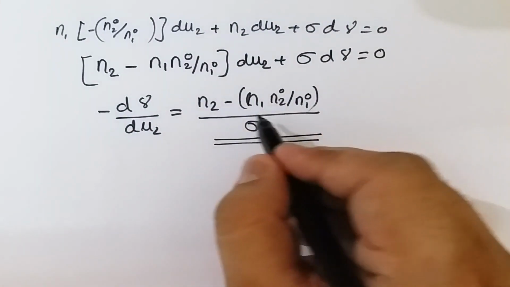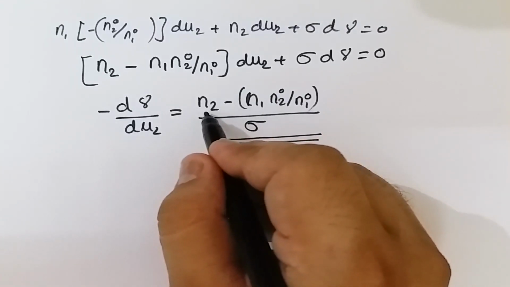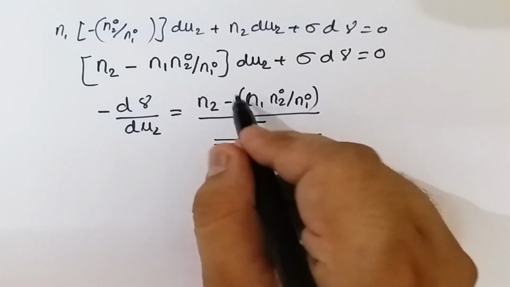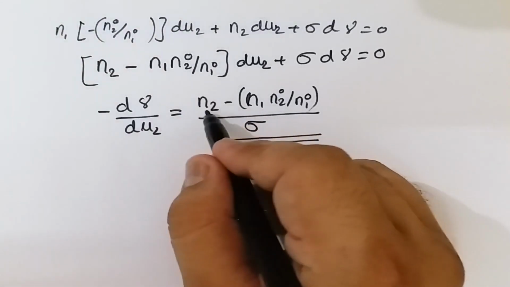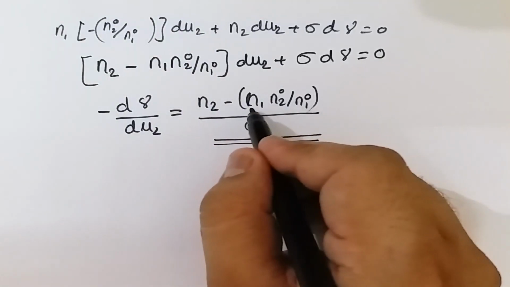Here N2 is the number of moles of one of the two components. Suppose we consider N2 as our solute and N1 as our solvent, and so this term, that is N1